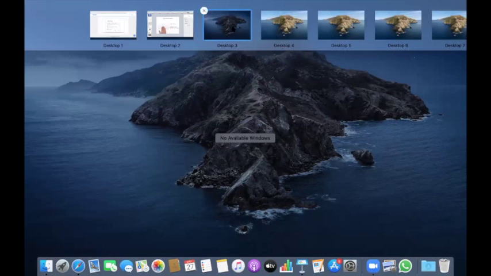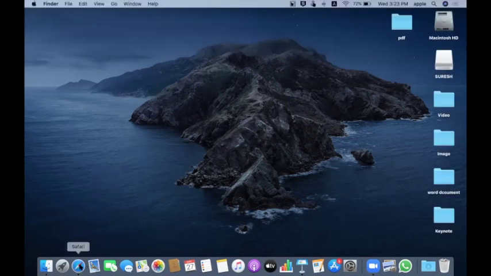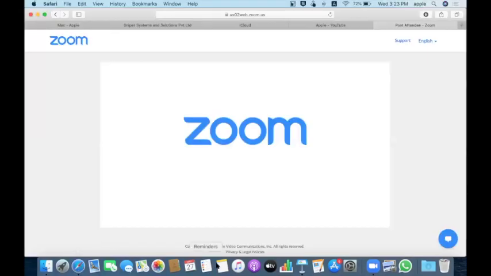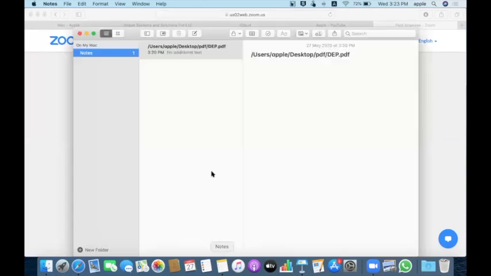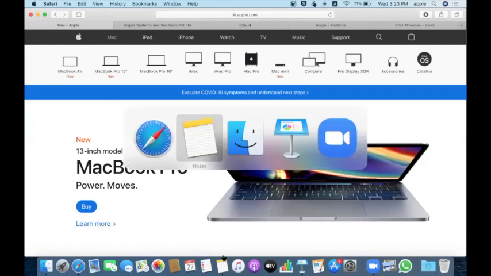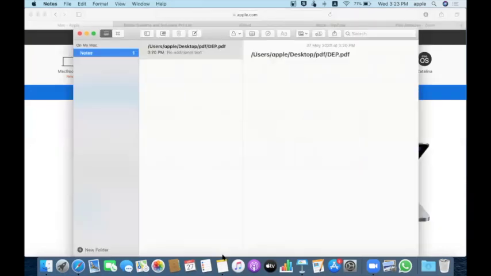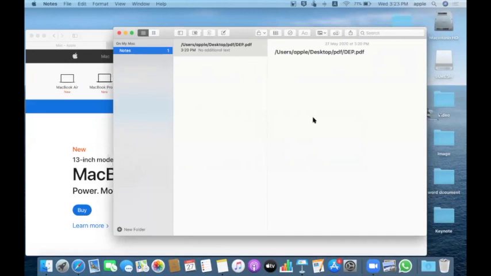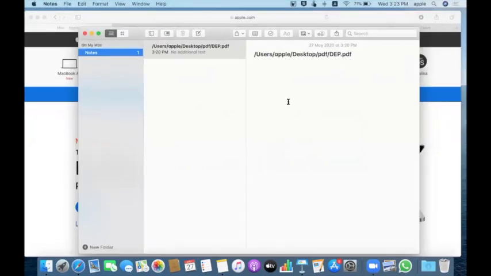So what is the advantage of it? Say for example, I am creating a documentation, and I need a reference from a browser. So I'm opening a web browser, and I'm having notes. If I want to take a reference and write it every time, I have to click on Safari, copy it, and use Command Tab, or I can use Mission Control to show all the applications in this window. Every time I want to switch it and paste it.